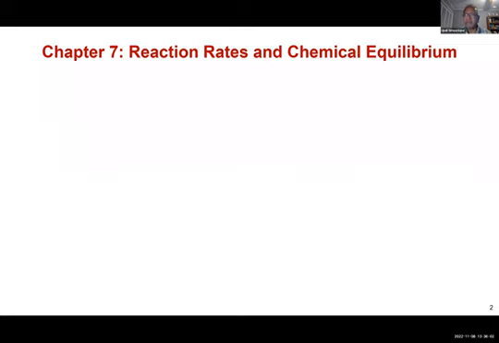Equilibrium is another thing we deal with, where chemical reactions take place both ways. Reactants go to products, and products go back to reactants. Reactants and products are in equilibrium. We're going to talk about that. It's important to understand acid-base chemistry and chemical equilibrium. So in chapter 7,